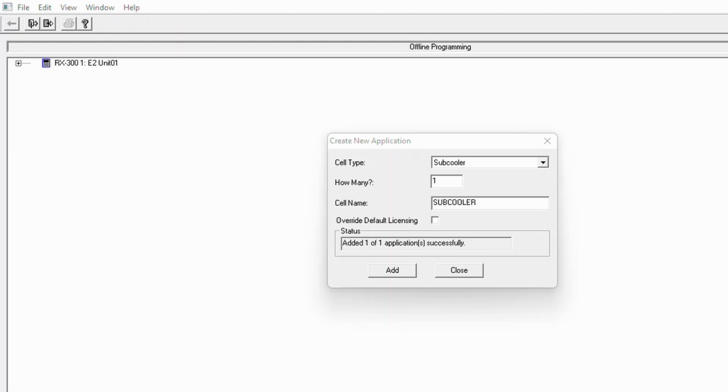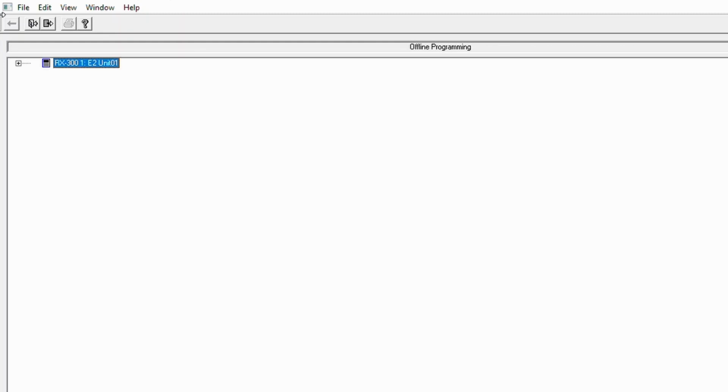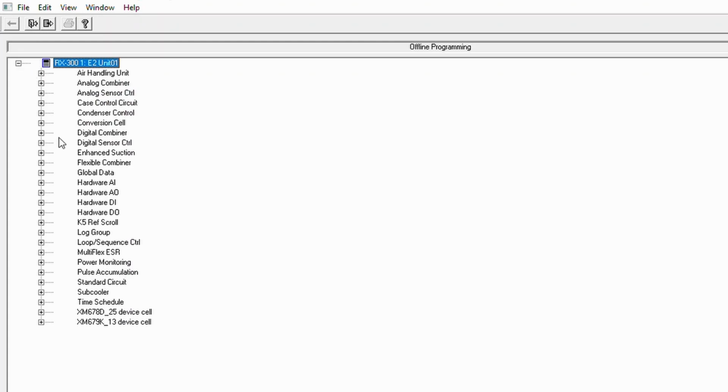So let's get started. I'm doing this in offline programming today because I don't have a description file for it. This is something you have to pay for from Emerson. They charge for this, and you have to put a description file in. But offline programming will let us do all kinds of stuff that we don't have to pay for. So I already added the subcooler. I'm going to open this guy up, find the subcooler,